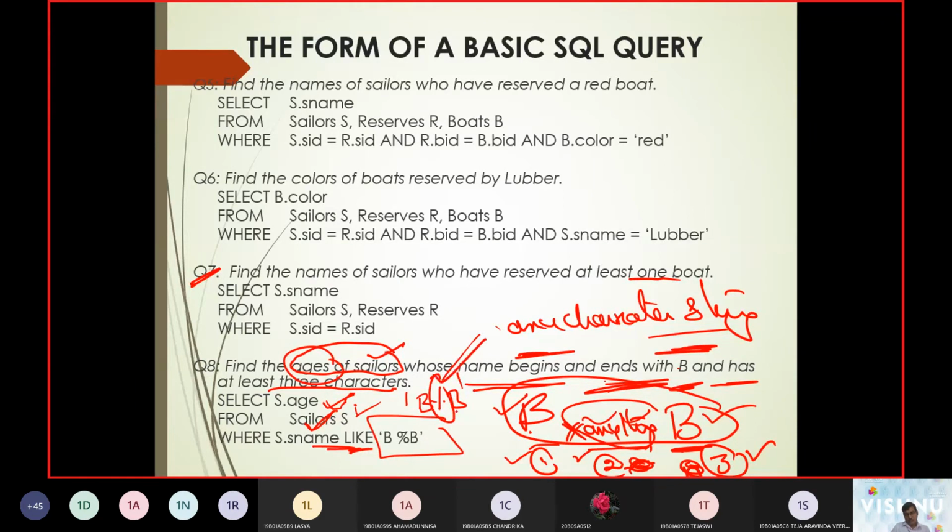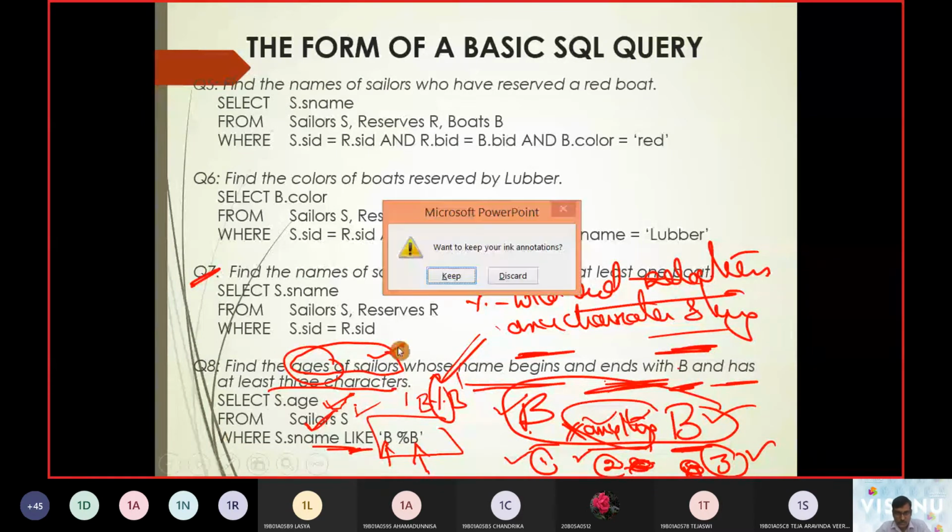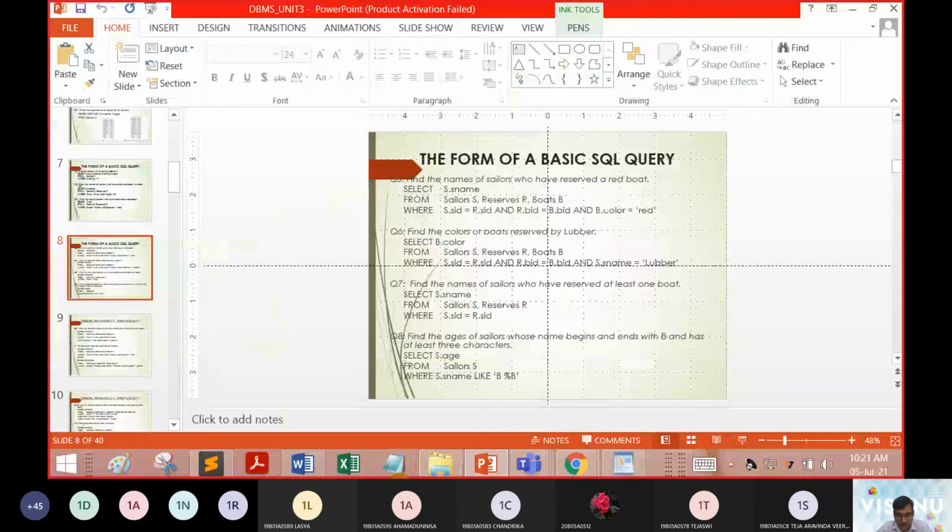Because you have given the percentage symbol, this wildcard using percentage is called a wildcard selection. So percentage can be anything at this point of time. The first character should be B, the second character can be anything, and the third character should be B. So let us execute this query for a quick instance to understand this.